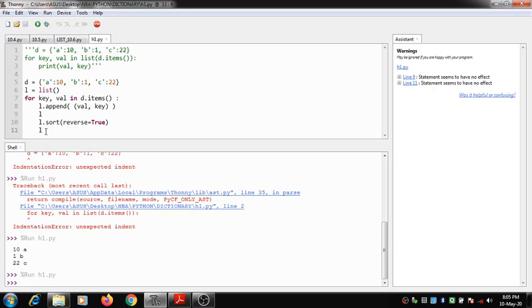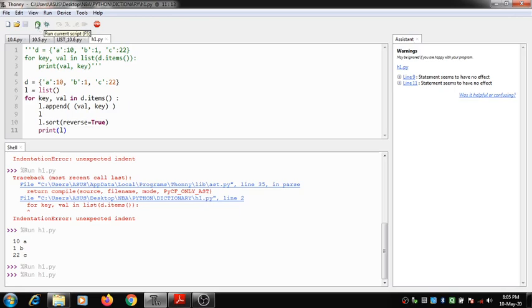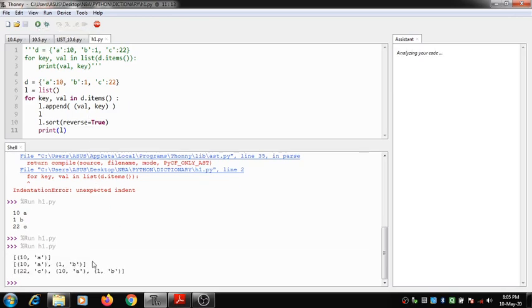So here you can see the elements that are printed.